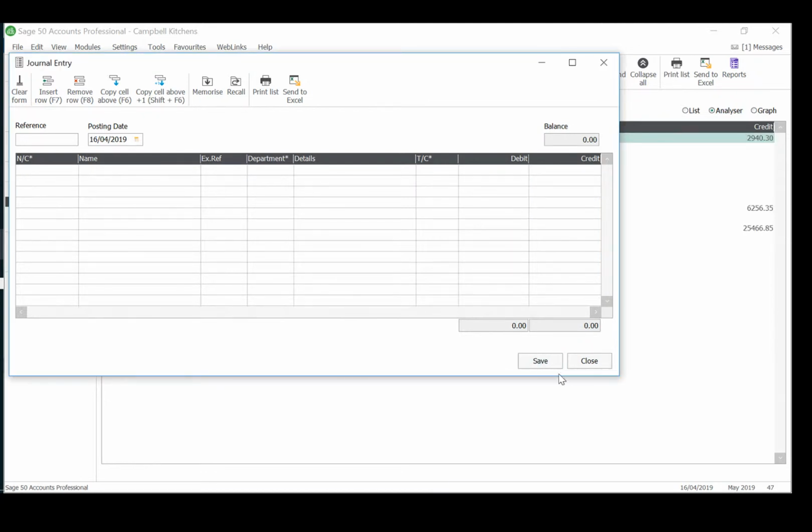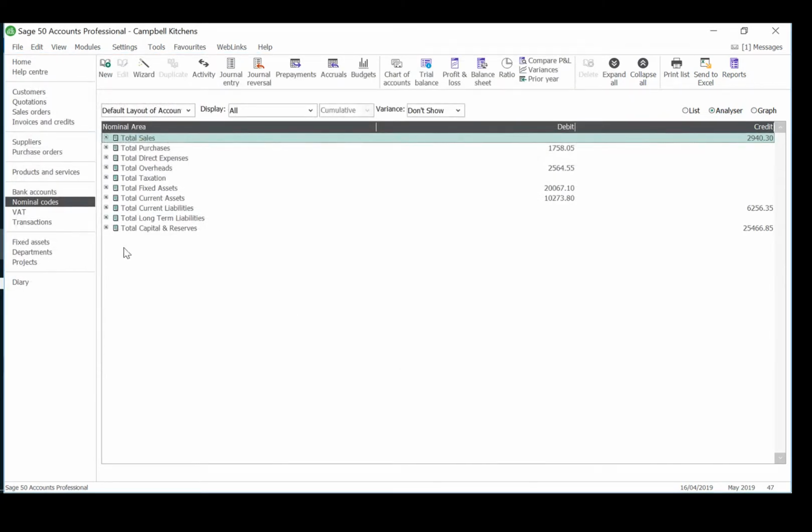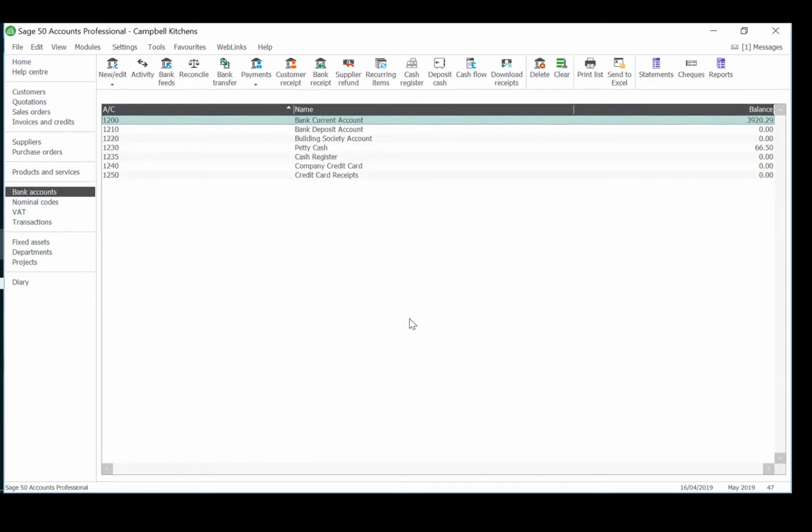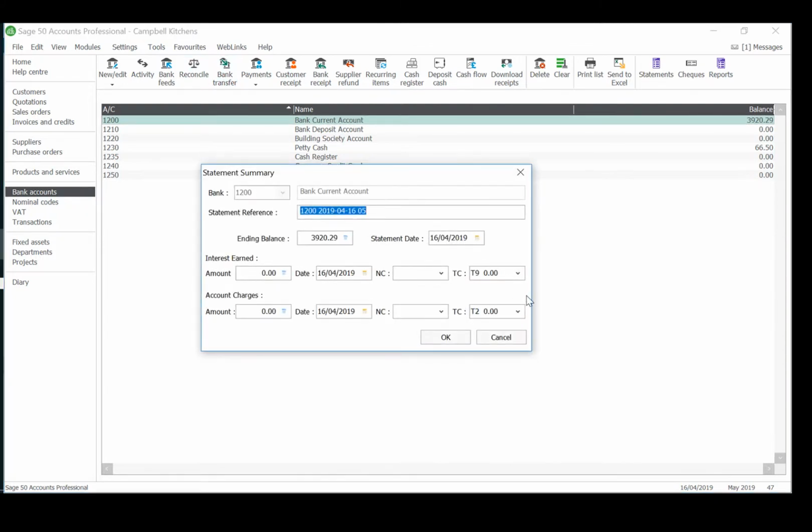That's another task done. So now to the one that is in a way the pivotal task, because if this works it means you've made enough transactions correctly. But I will show you what happens when it doesn't work. Alright, so we're going to go bank accounts, make sure we've got the right bank account, and then reconcile. So what we need is the end balance of the statement. So very common error